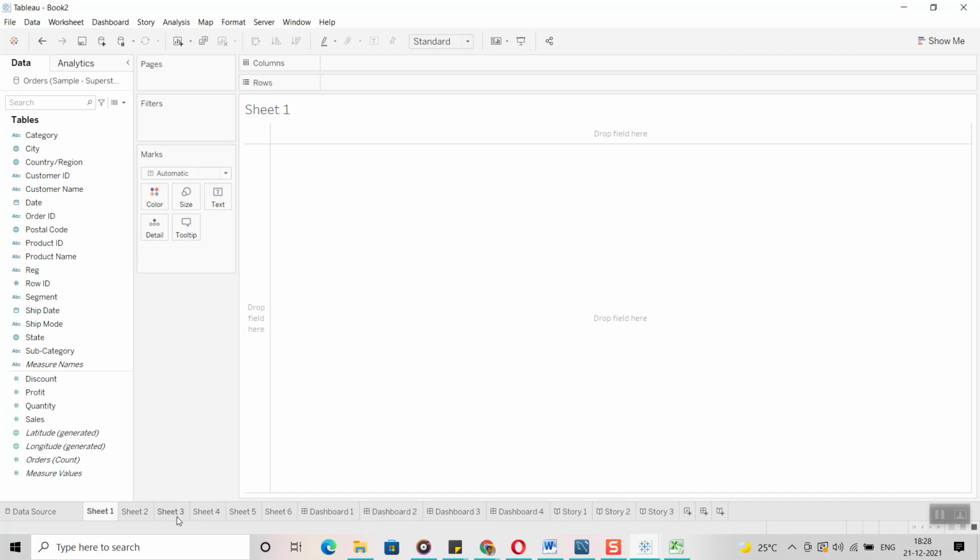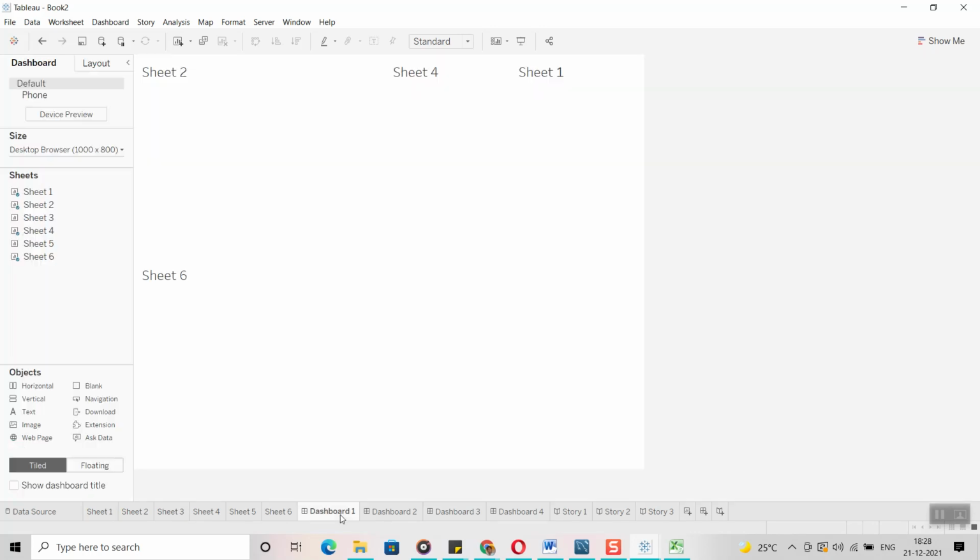After creating these sheets, we are going to create the dashboards. For example, in dashboard 1, I am using sheet 1, sheet 2, sheet 4, sheet 6. And in dashboard 2, I cannot use dashboard 1 directly. At the dashboard level, we can use only the worksheets. Whatever worksheets we have created, only those worksheets we can use.